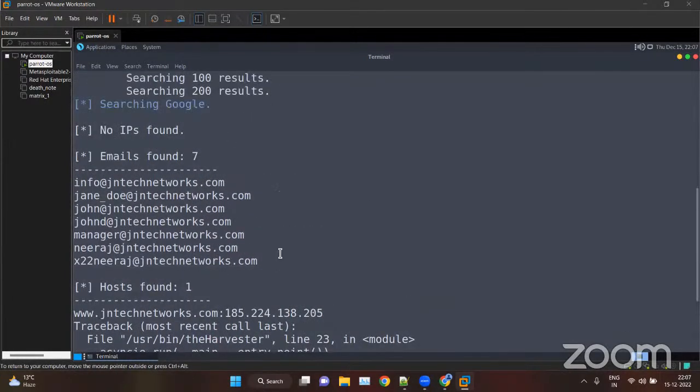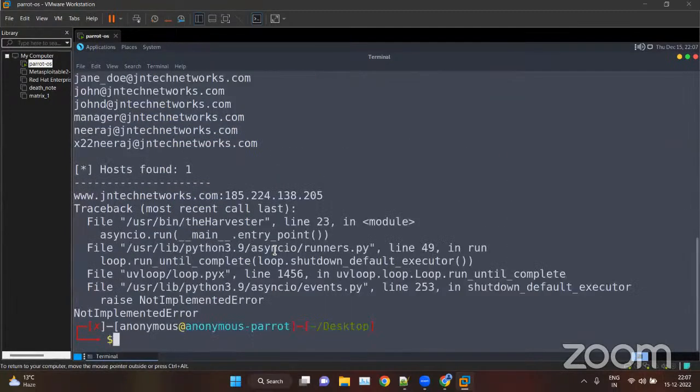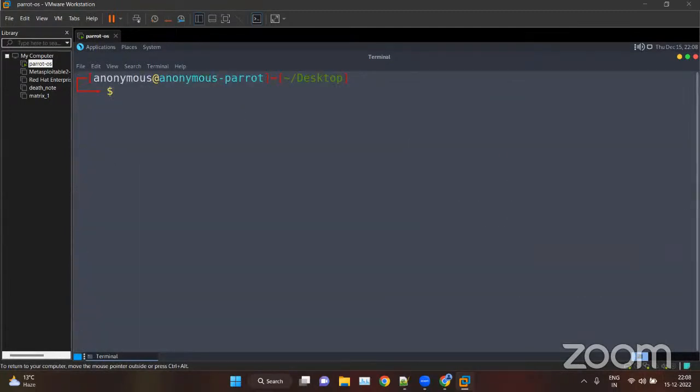Okay, so we have this information, like email, from this JNtech website. This is a website you can visit. Now clear the screen. Now we have another one. We can try theHarvester, hyphen d for the domain. Let's say again we can use any domain, like JNtech Networks.com. And from here we can search, hyphen l for limiting the results, hyphen b, and then we